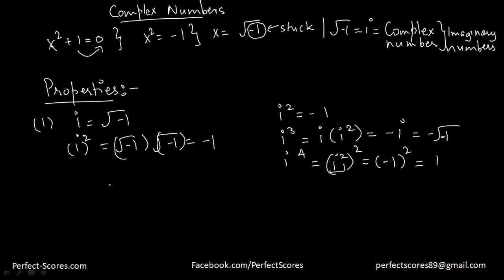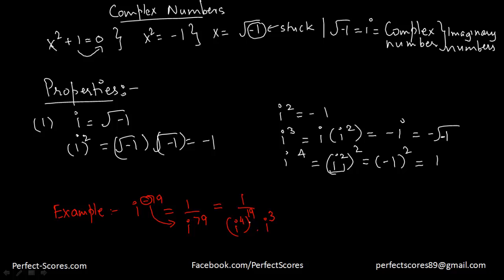Now let's go ahead and learn about the second property. Let's say someone asks me, what is the value of i to the power -79? That is going to be 1 by i to the power 79, because the negative power will take it to the denominator. And I can break this up as 1 divided by (i to the power 4) raised to the power 19, times i to the power 3,